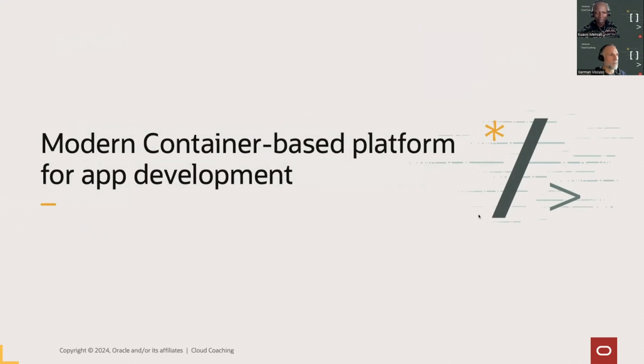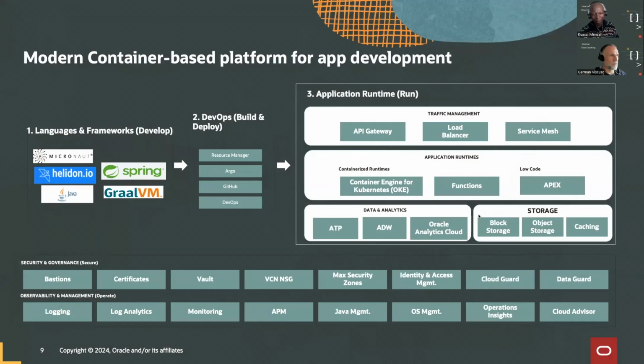Okay, so here we go. A modern container-based platform for application development. So what do you need? And what do we offer? This is the Oracle Cloud Infrastructure. Looking at the top of the slide, from left to right, you can see all the main microservices frameworks: Micronaut, Helidon, Spring, which is the elephant, and also Java, of course, and GraalVM for native image. Then in the middle, you have all the DevOps tools that you may need, and GitHub,